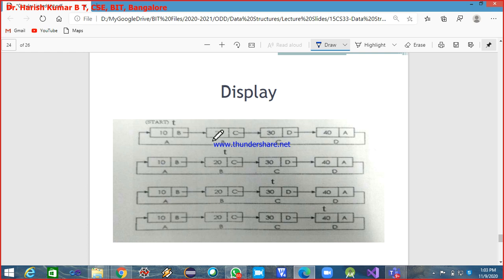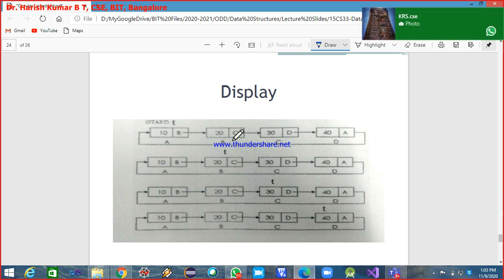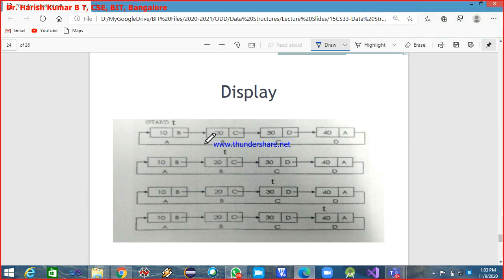Now here I print the info field 20, and then I check whether T arrow next is equal to start. Start is nothing but A. T arrow next is B, so T arrow next is not A. So again T gets incremented and comes to this position. Using that T, I print the info field that is 30, and then again I check whether T arrow next is equal to A. So T arrow next is what?